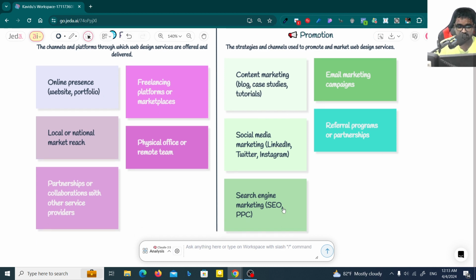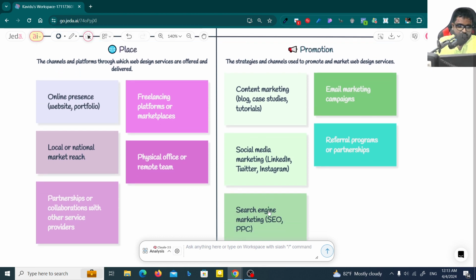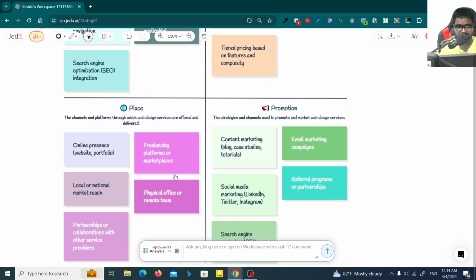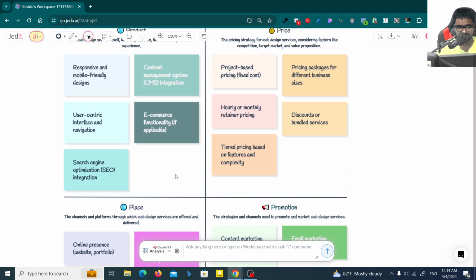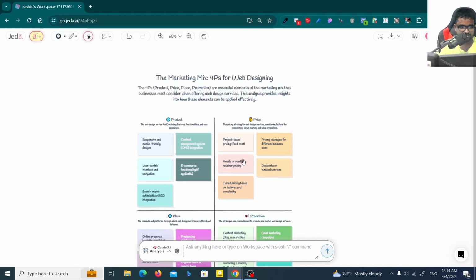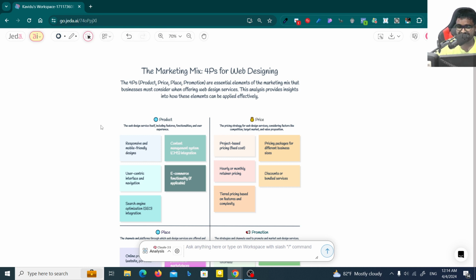Okay, and also search engine marketing, SEO, and PPC, pay per click. So you can give an ad. Actually, you can place an ad on Google, and then it will bring more traffic to your website. Maybe it will get more leads. Okay, and that's all. By the way, now I'm going to show you how to generate this marketing mix